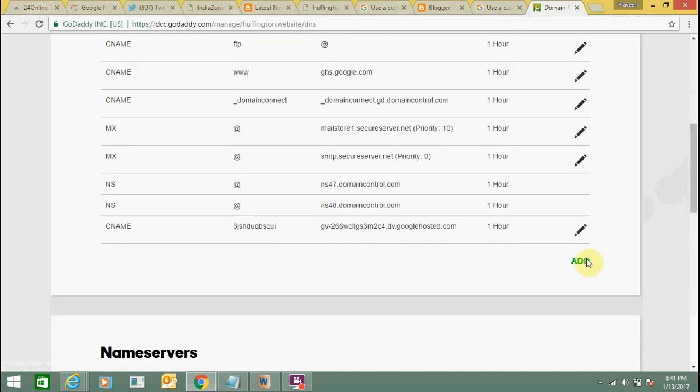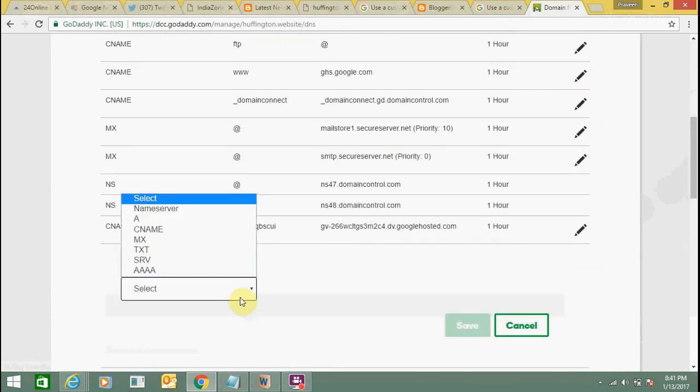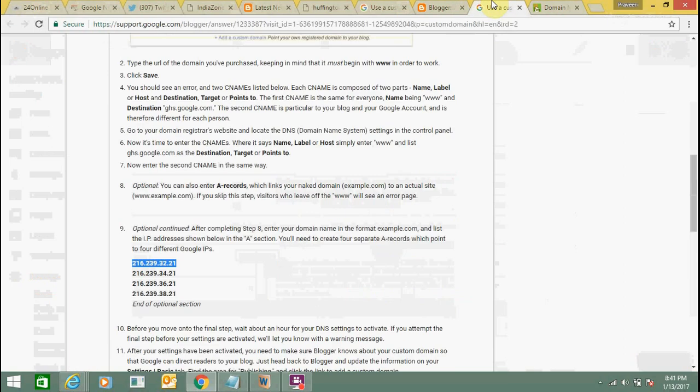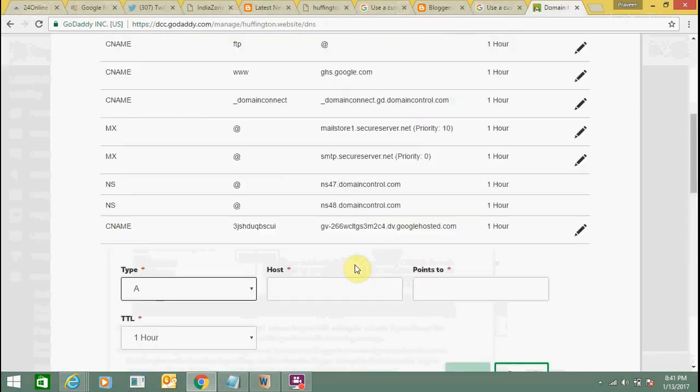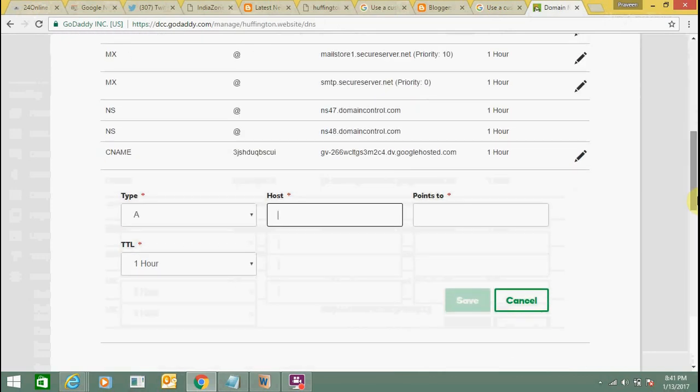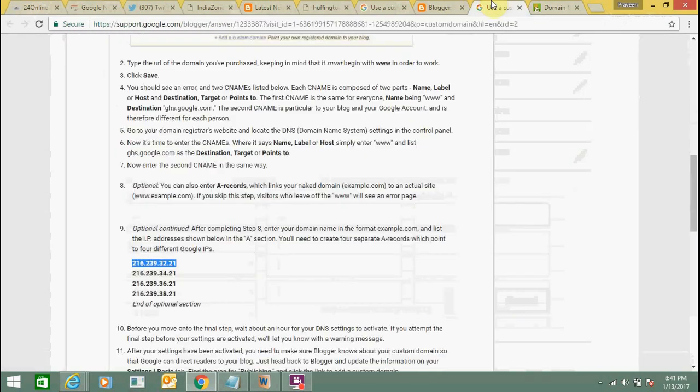Click add A record. Here you need to add @ and enter the first IP address.